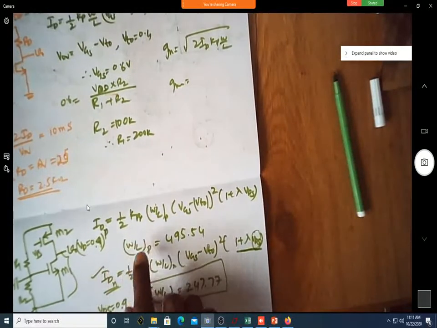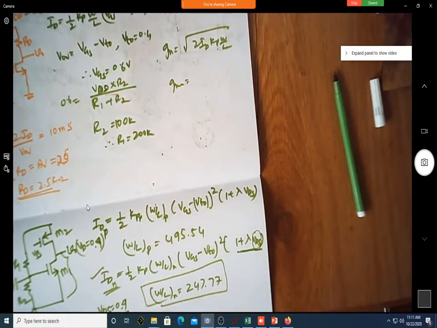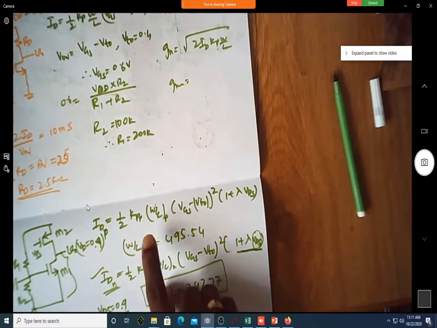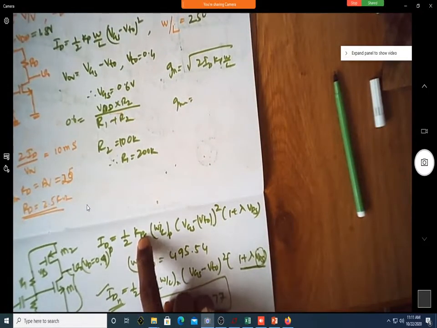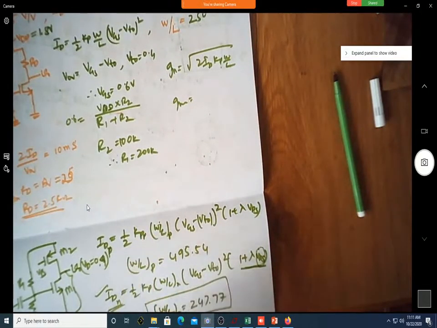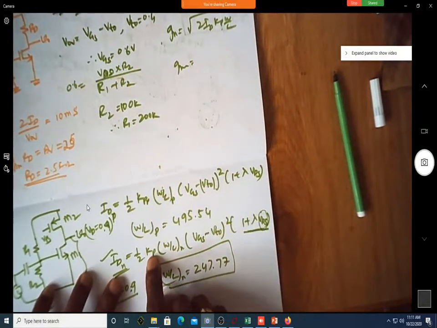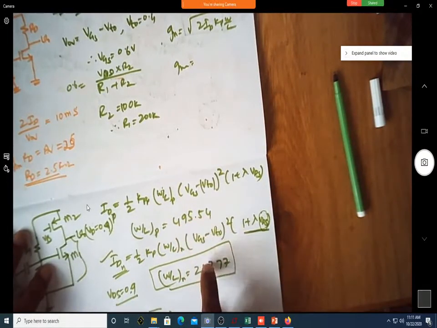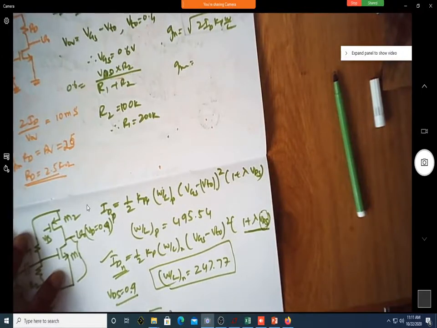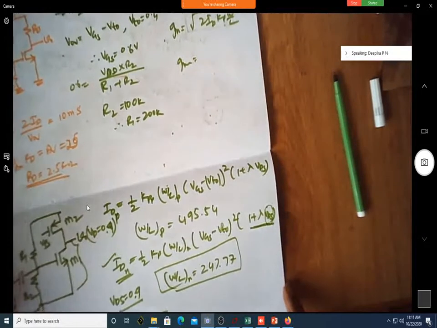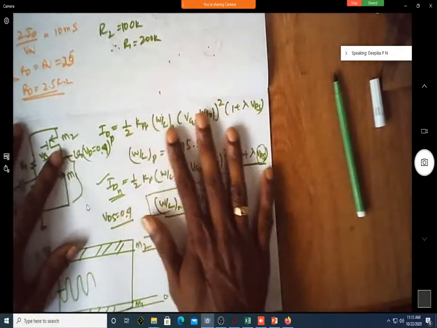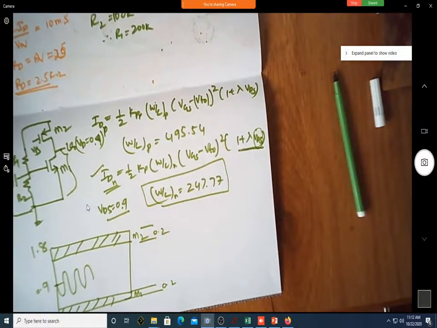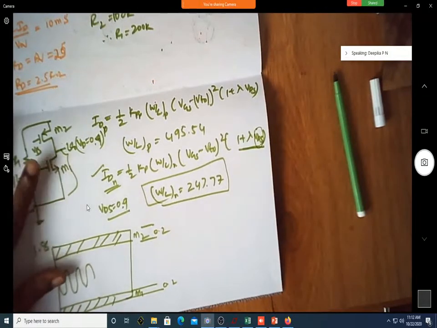Now, can you simultaneously find what is ID of P here? For ID of P, this is Kp of PMOS transistor, which is now 100 microampere per volt square. It is not 200. The only difference between these two equations is this is 200, this is 100. Does the W by L of this happen to be again twice of this? Correct? Okay, fine.